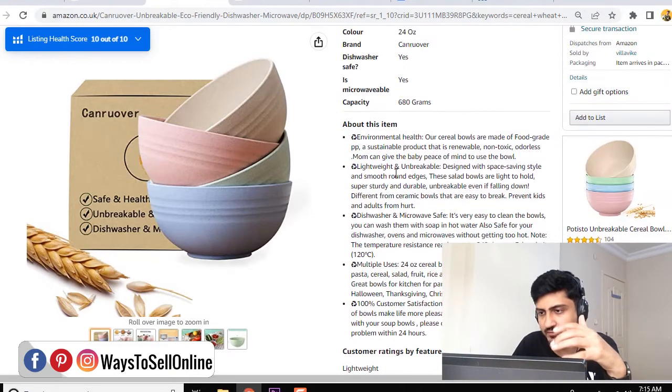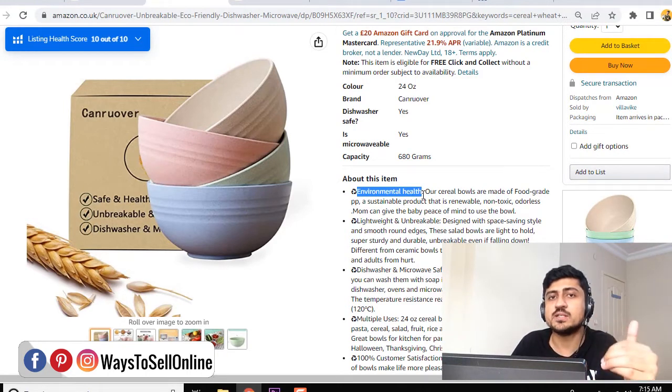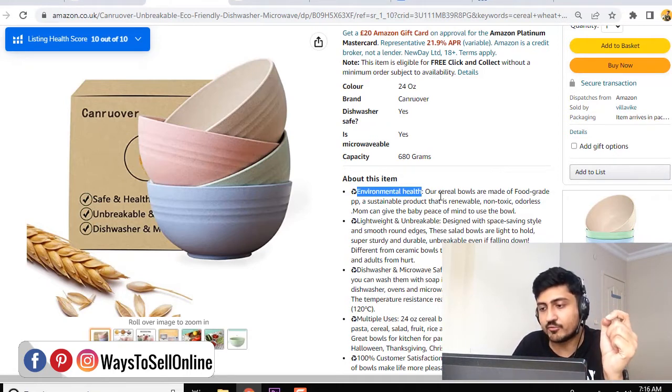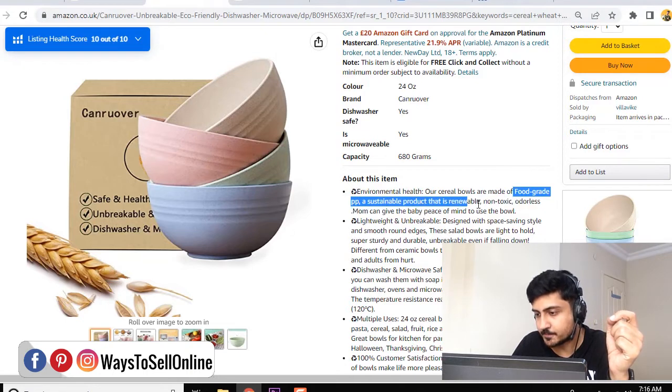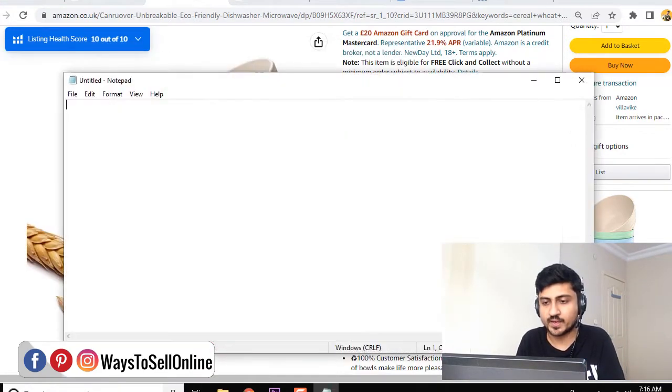If you go down, if we start reading the bullet points, you can see that the number 1 bullet point is environmental health. This phrase defines that this product is eco-friendly. It does not use plastic in this material or any hazardous material which is dangerous for the human body if they eat some food in the bowls. So this product is environmentally friendly, having food grade material, non-toxic, odorless. So the first point is this product is eco-friendly. So now I can open the notepad here to start writing the feature bullet points. So number 1 point is